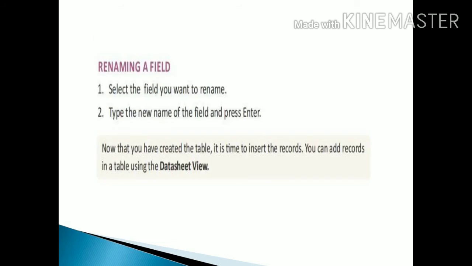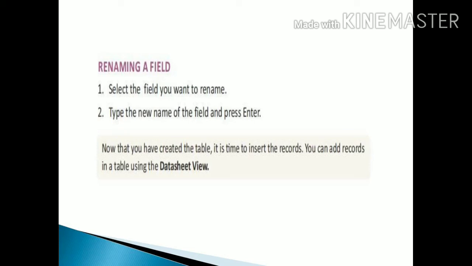So next one, adding records to a table in a data sheet view. However, you know, data sheet view allows the user to enter the data or the information. So how to add the records? Wherever you want in the field, below the field name, double click on the table name in the left pane, whichever you want. There the table will be displayed in data sheet view. Which table you want, you have to select. Then you can add records by entering appropriate values here. So whichever data you want, you can add with the help of these options.